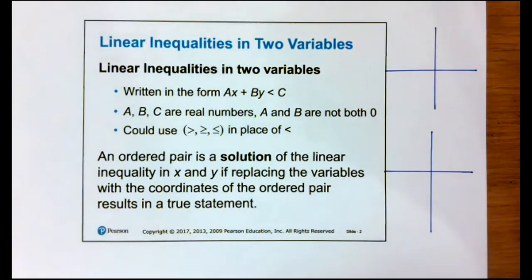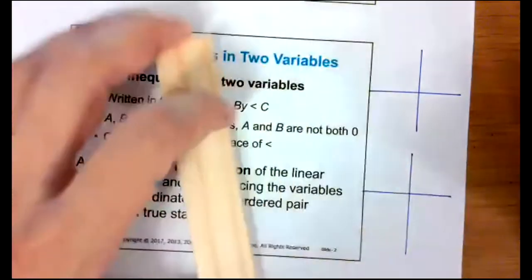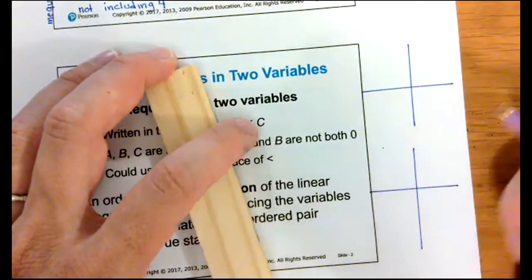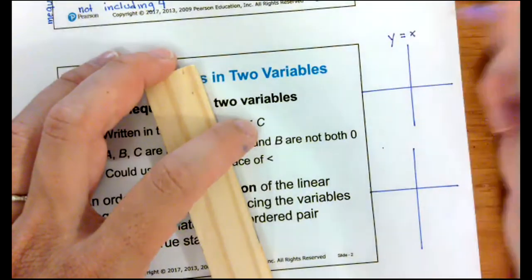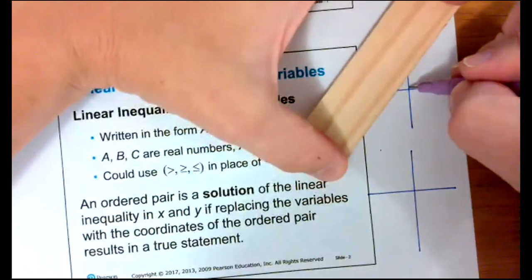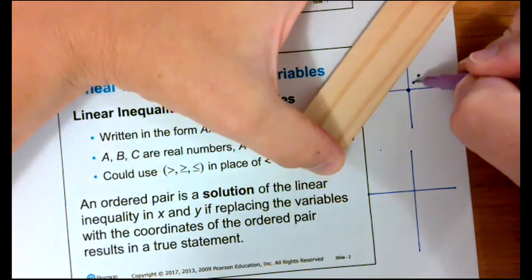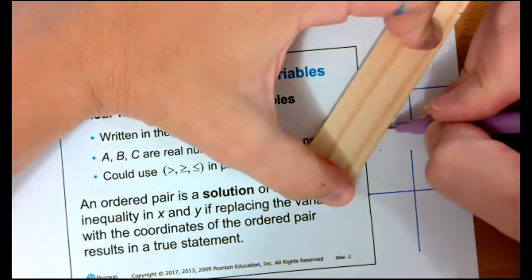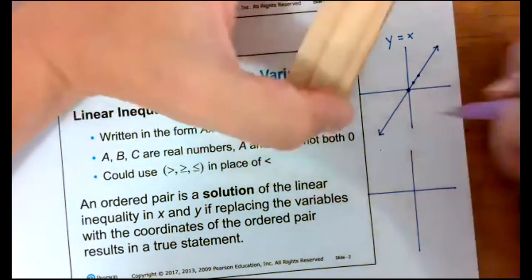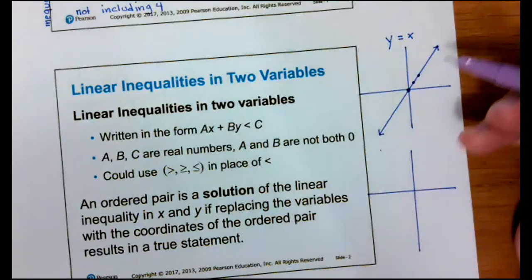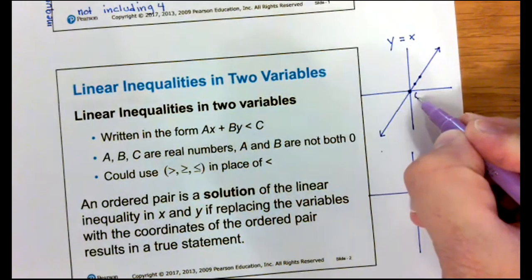Each point on that line is a solution of the equation. So if this was the equation y equals x, that means it goes through the origin and then the slope is up 1 over 1, up 1 over 1. So we know that that is the graph of the line. It's a solid line, and every single point on that line is a solution to y equals x, because this point would be 0, 0,